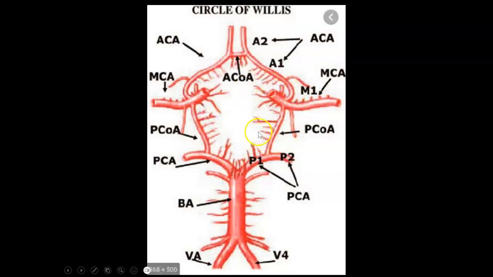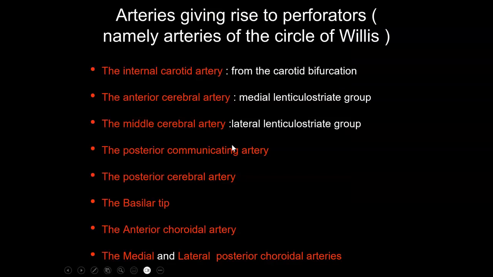The most important sites for the perforators are all the arteries of the circle of Willis and the basilar artery, caudal, middle, and rostral part. So these are the sites of perforators. As we said, the arteries giving rise to perforators are mainly the arteries of the circle of Willis. The internal carotid artery has perforators from the carotid bifurcation. The anterior cerebral artery has perforators, the medial lenticulostriate group, and the middle cerebral artery has the lateral lenticulostriate group,